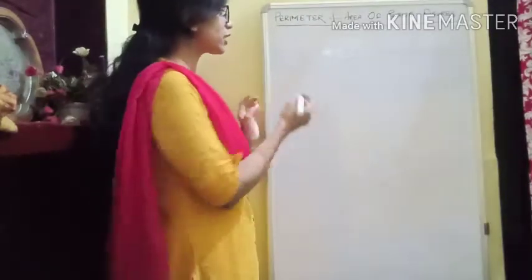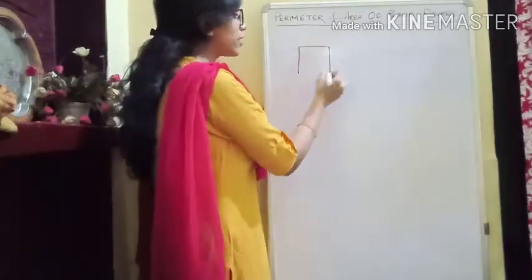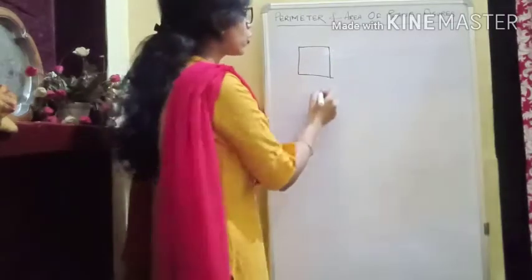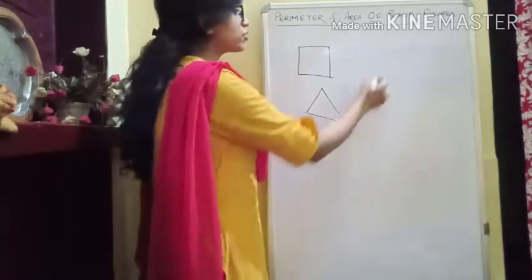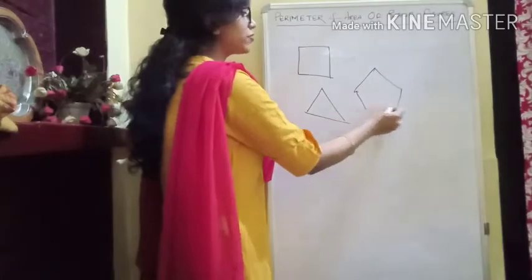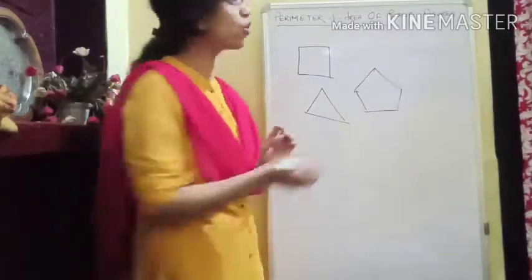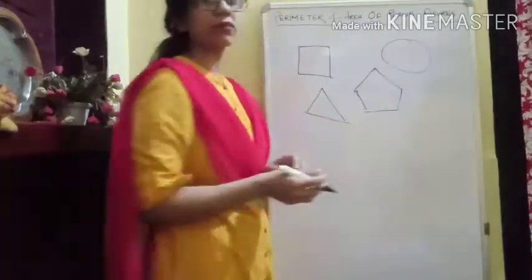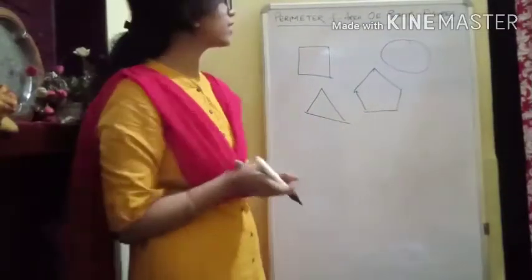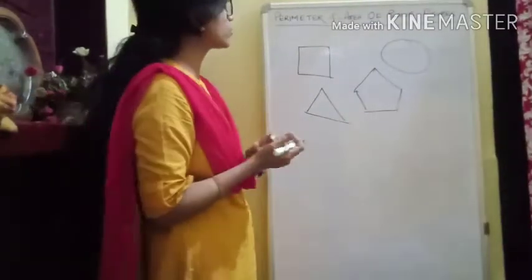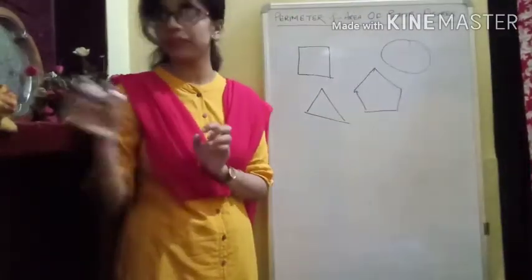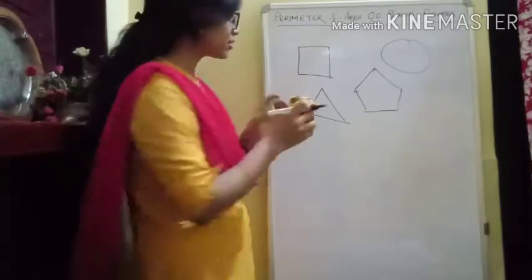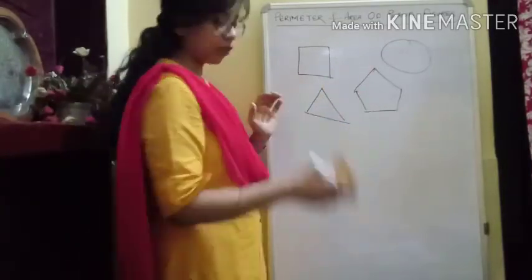That means if we are given any plane figure, like a figure having 4 sides, or a figure having 3 sides, or a figure having 5 sides, these are the plane figures, or in fact circles, if we talk about them. So these are all plane figures, and we are going to calculate the perimeter and area of them. Let's see what the perimeter is and what the area is of any figure.